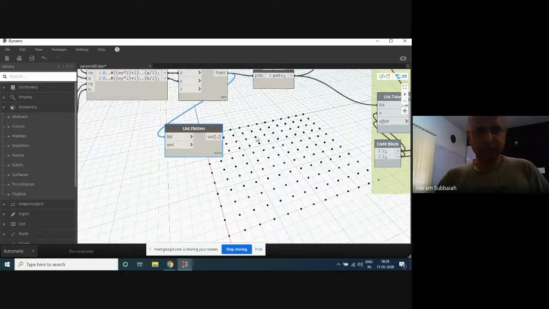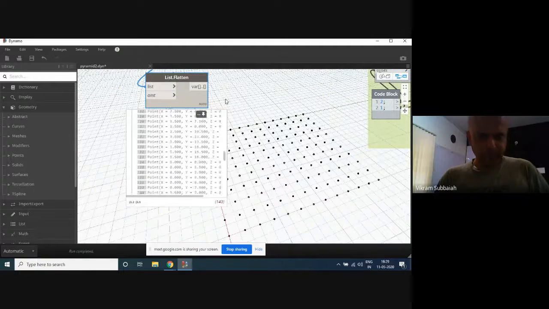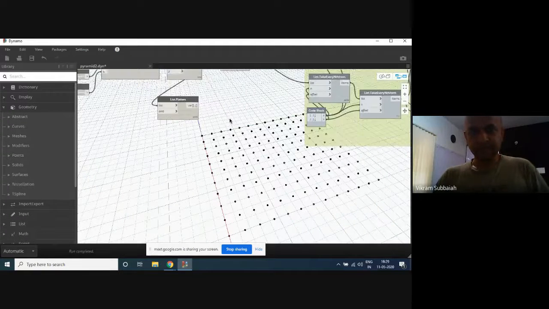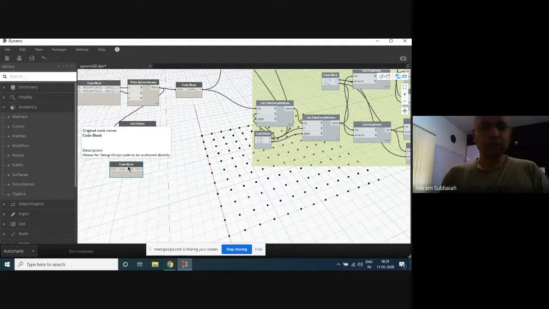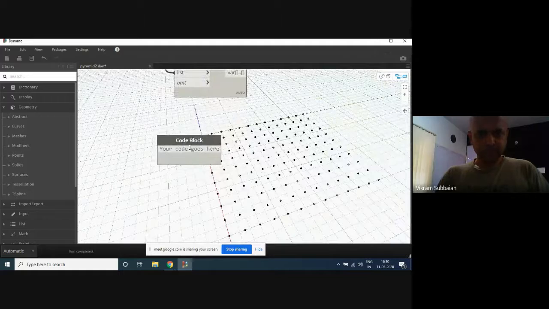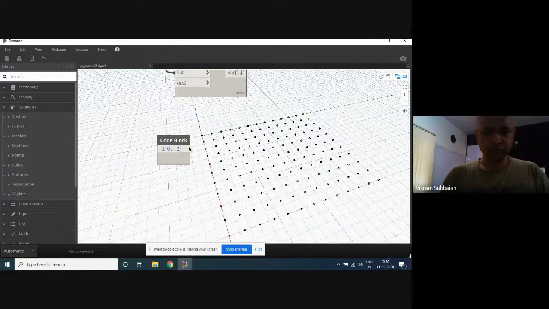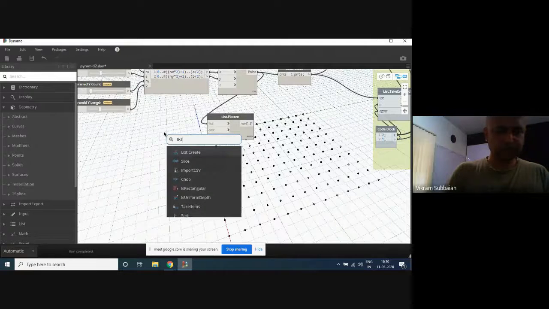We have 143 points. So what should be the range of our elevation? The maximum height that we had was 2, so I'll say from 0 to 2, number 143. I'm creating a list of 143 points, or list count.